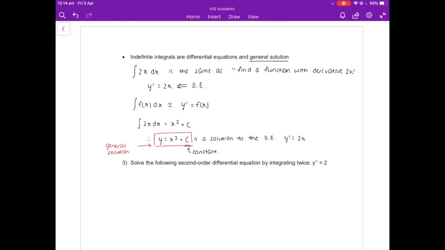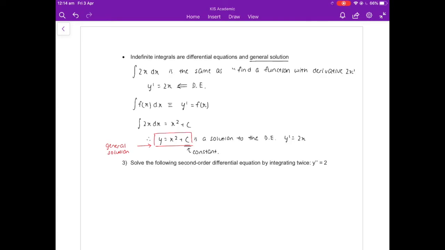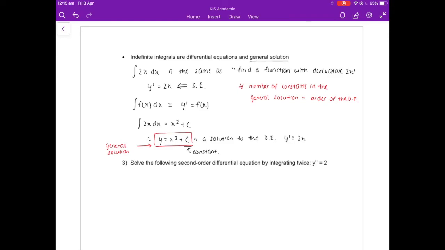So another note about general solutions then is that in a general solution, so that's when you integrate the derivative, you get constants. So one rule that we know is that the number of constants in the general solution is equal to the order of the differential equation,